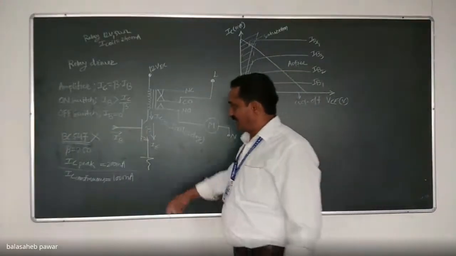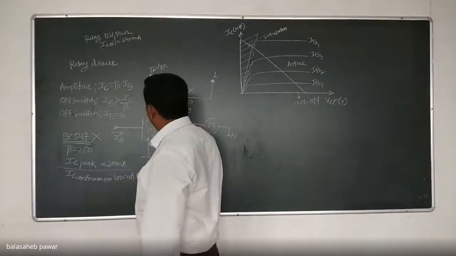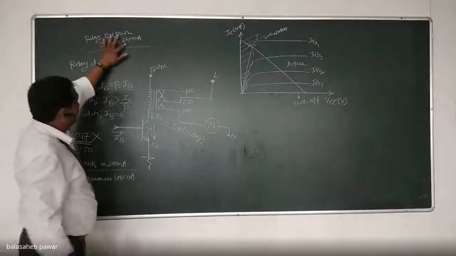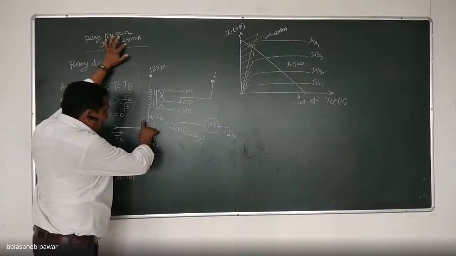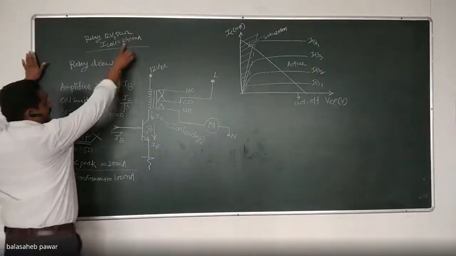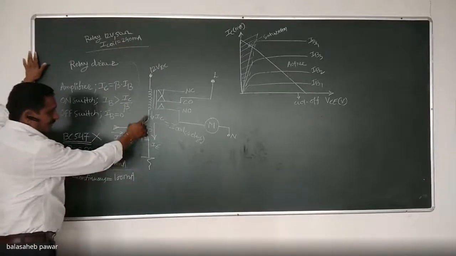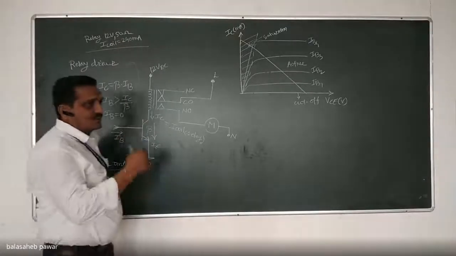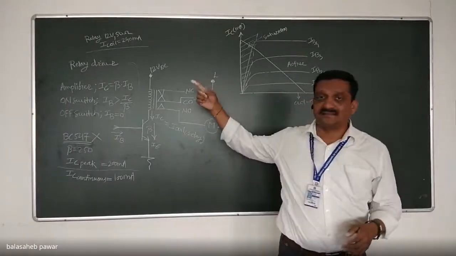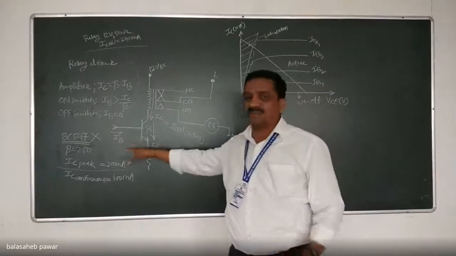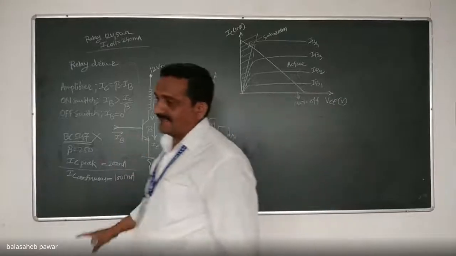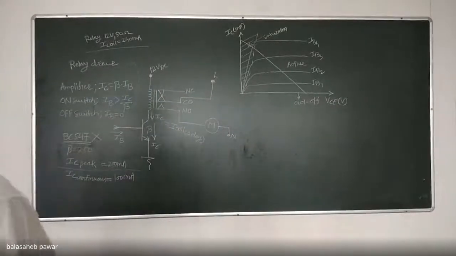So as per the data sheet, it is given as 100 milliampere, and as we selected this relay, we know that the relay current will be 240 milliampere. That means the selected transistor should have a minimum IC continuous of 240 milliampere. Otherwise, that transistor, due to the extra current, will get damaged. That switch will not sustain that extra current. That's why I took this example, BC547. Is it clear that BC547 can handle a continuous current of 100 milliamperes only?